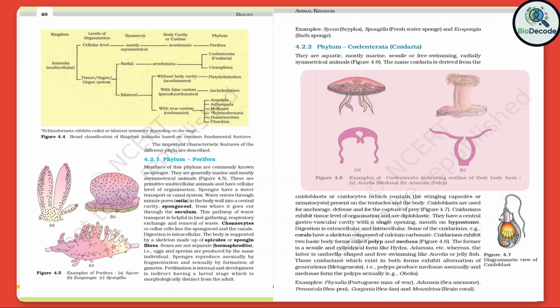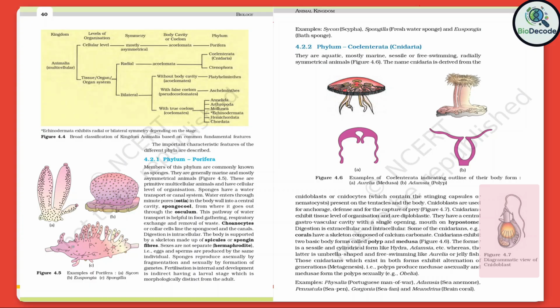This comparison illustrates the dimorphism of cnidarians, where both forms play distinct ecological roles and can alternate within a single life cycle, a phenomenon called metagenesis. Figure 4.7. Diagrammatic view of cnidoblast. This microscopic diagram depicts a single cnidoblast cell, a defining feature of cnidarians. The cnidoblast contains a capsule called a nematocyst, coiled inside like a harpoon. The trigger, the cnidocil, responds to touch or chemical stimuli, causing the thread to explosively eject, delivering toxins to paralyze prey